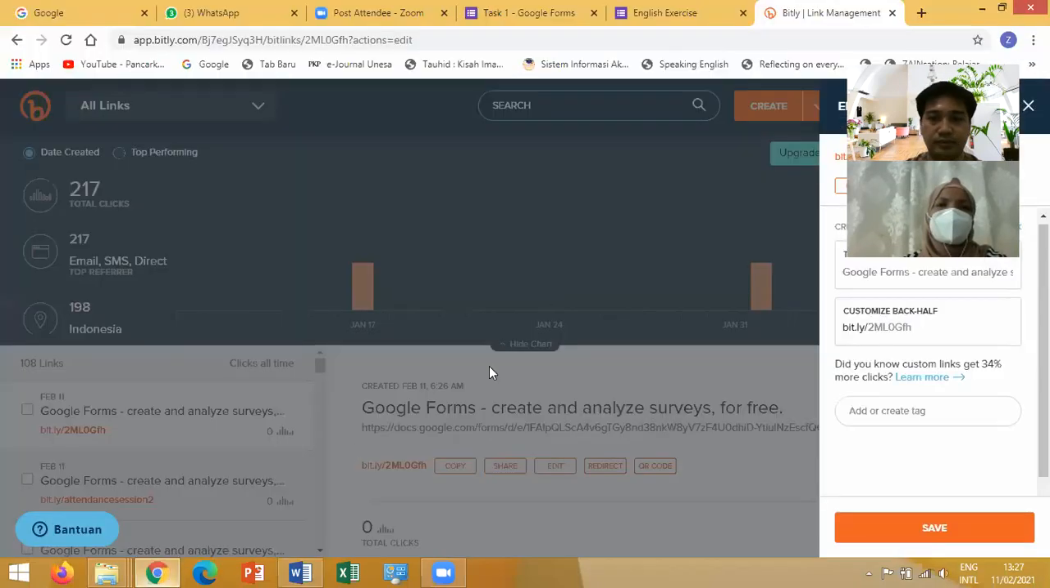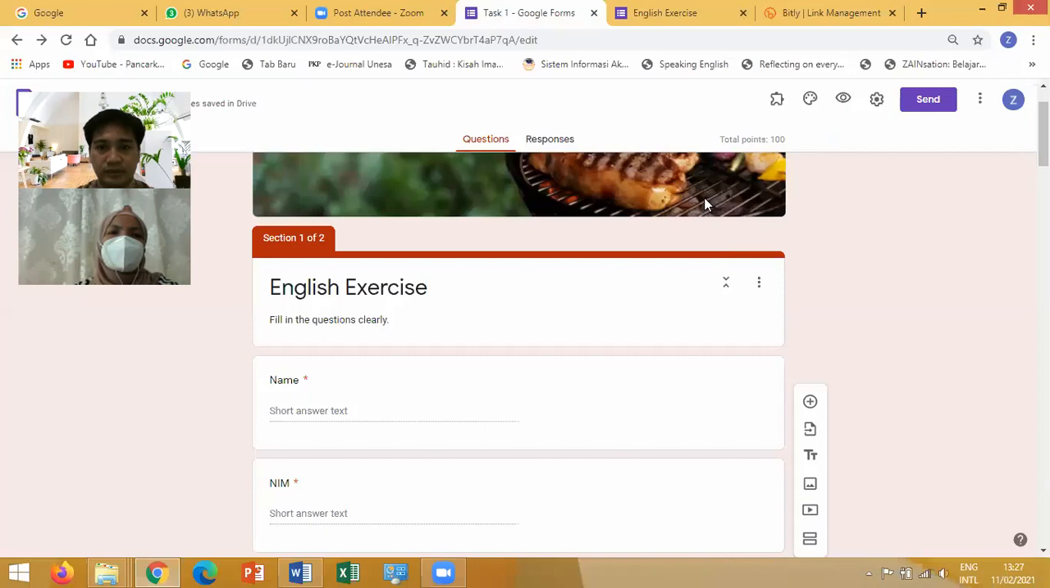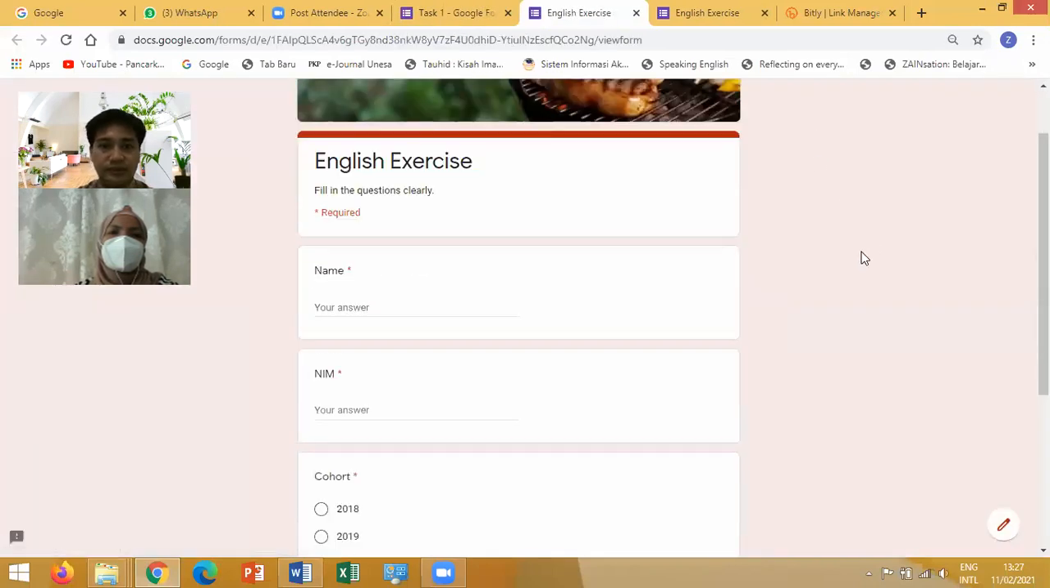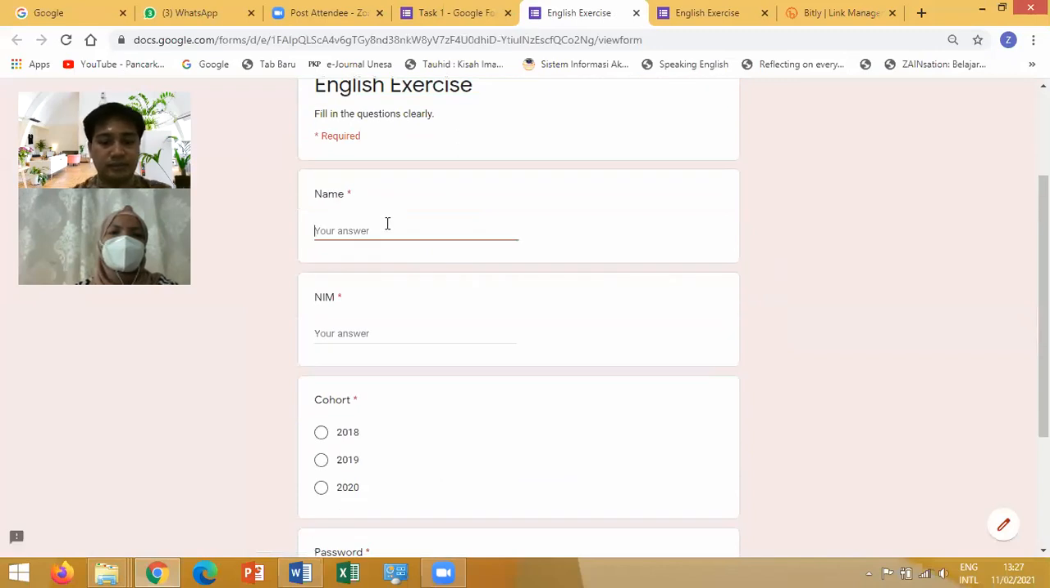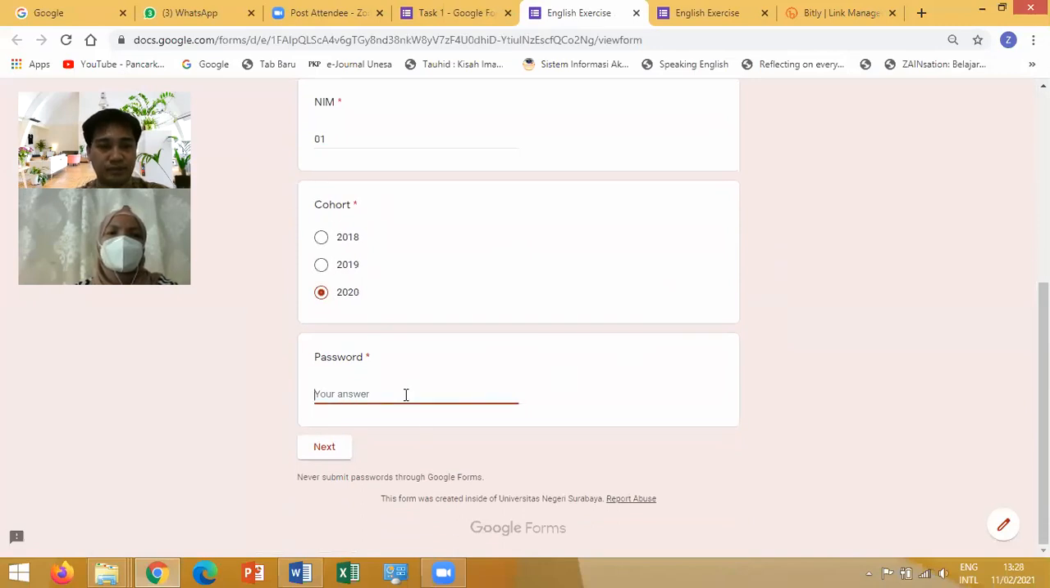And then let's go back to see the result of the test. So preview, I'd like to preview it. So you can see here, for example, my name, Zain, and then name, I can say 01, for example. And then for the cohort, I choose 2020. And then the password, remember the password. If I say, for example, task 2, something like this,